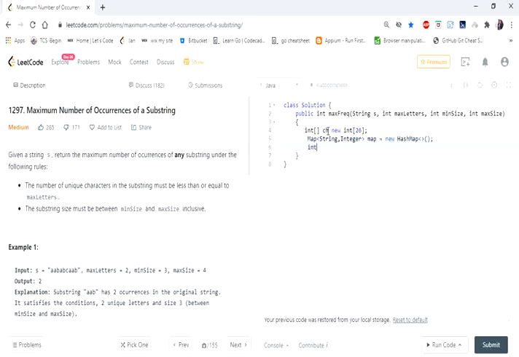And integer letters, and finally number of occurrences is our result, which is what we are going to return. Let's initialize the values of letters,